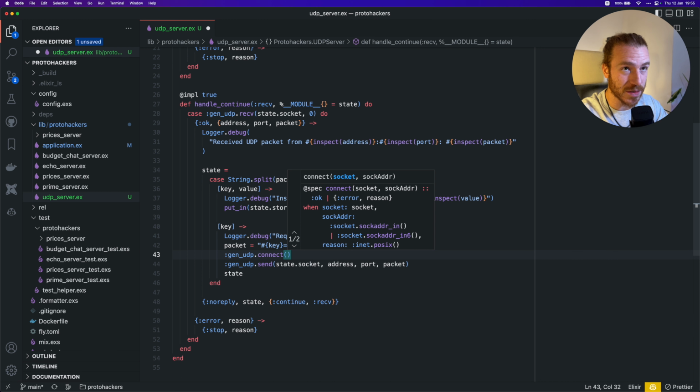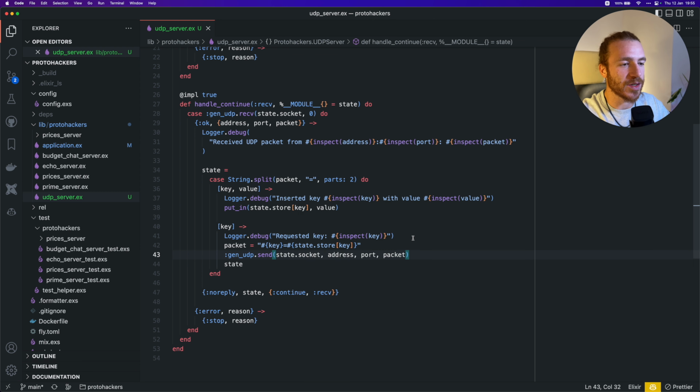So you can connect a socket that you have opened to a specific address, but the only thing that does is store that address in the socket, and then that socket is kind of bound to only talk to that address, by sending or receiving only from that address. It's really just storing the address in there and making sure that the data only comes and goes there. But in our case, we can just reply to the client that sent us the request.